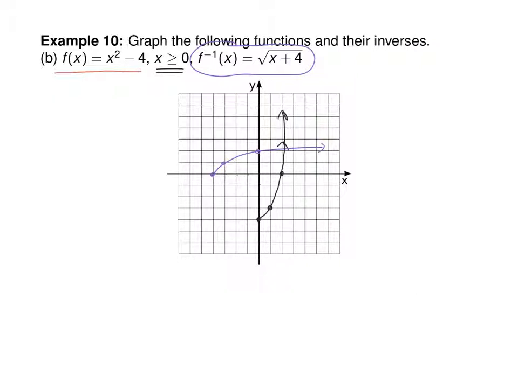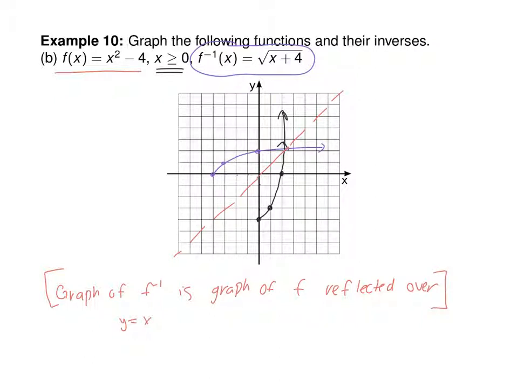Is the reflection pattern still there? Yes. So this black part reflects up onto that purple part, right? And this part up here reflects down onto that. See that? It's just trickier to see when the function passes through that reflection line, but it does still have that reflexive property. So this is always true that the graph of f inverse is the graph of f reflected over y equals x. That's always true for every single pair of inverses. Once you've restricted domains, is that also, okay, so you have to first have a function that has an inverse. If you